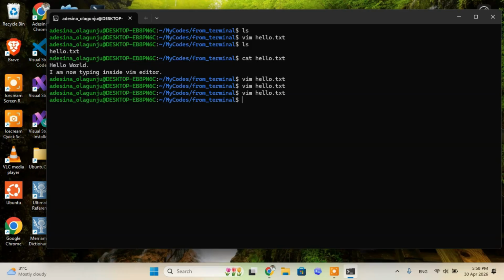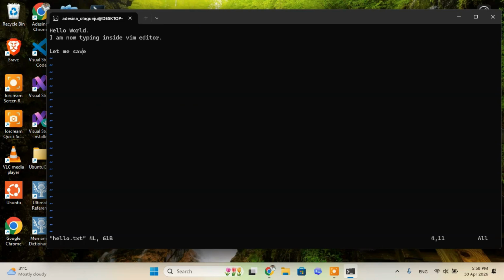Let's open the file again and learn the fourth important Vim command. Switch to Insert mode and type some text. After writing, return to command mode. If you notice, we have been saving and quitting separately, which can feel stressful. There is a command that saves and quits at the same time. The command is